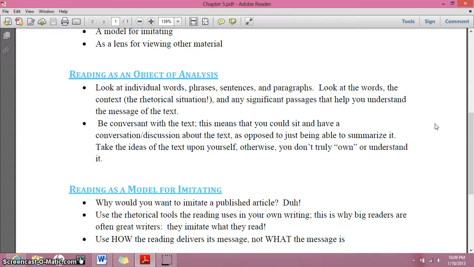It's because they imitate what they read, whether they're doing it consciously or not. I remember in high school, I've always been good at English. I've always been good at writing and things like that. It's just who I was. Well, actually, it was my mom. But I knew in high school that just because I couldn't tell you the grammar behind my sentences, I could tell you they were correct because I read them in a book, because I read a lot.